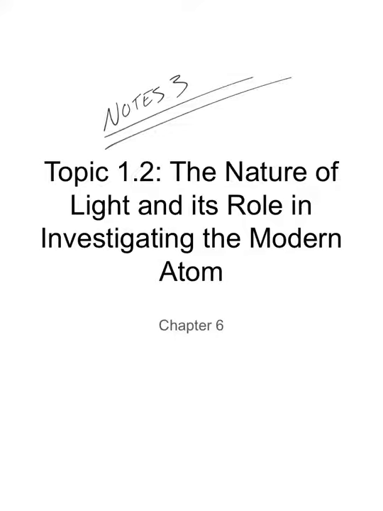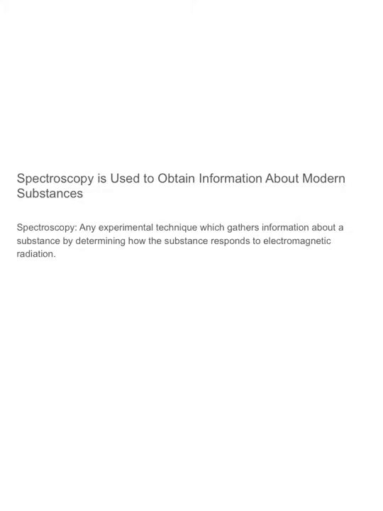So the third topic that we are going to focus on for Unit 1.2 is basically going to be spectroscopy. And spectroscopy is an experimental technique that allows us to get information about a substance that is very, very specific to that substance. It's almost like a fingerprint. So what we do in terms of spectroscopy